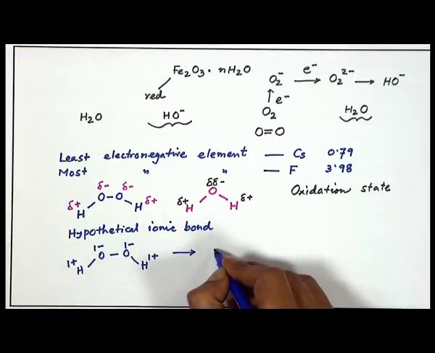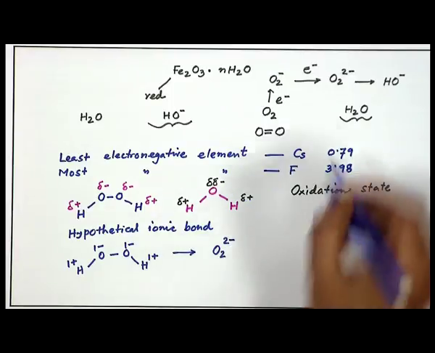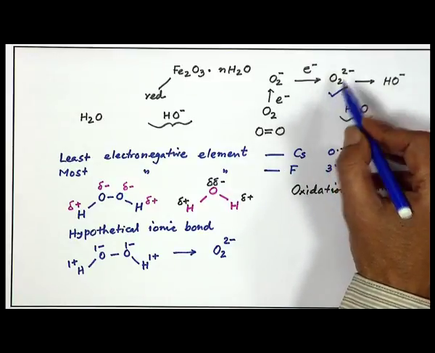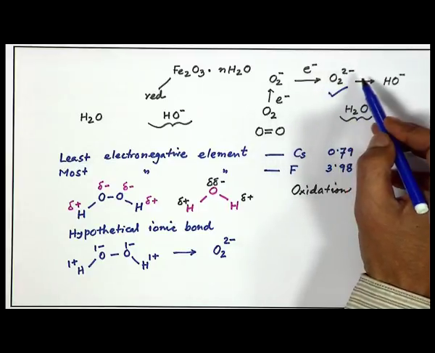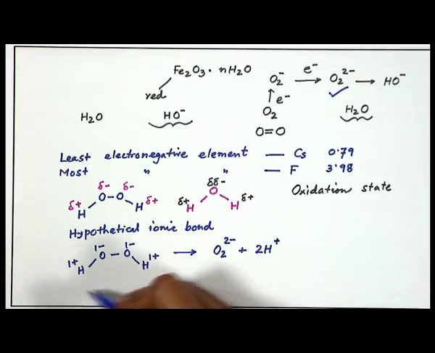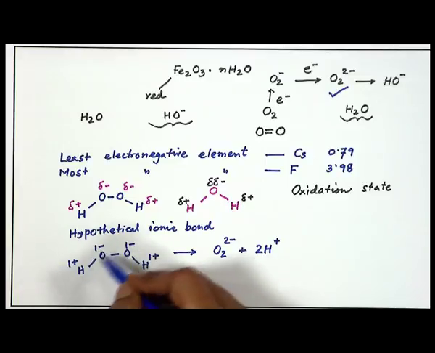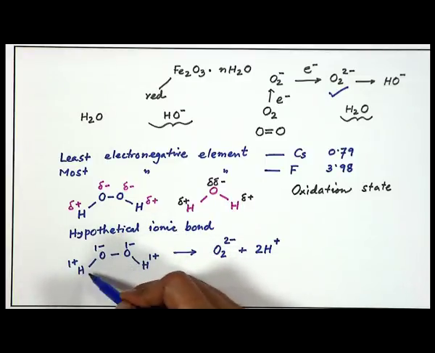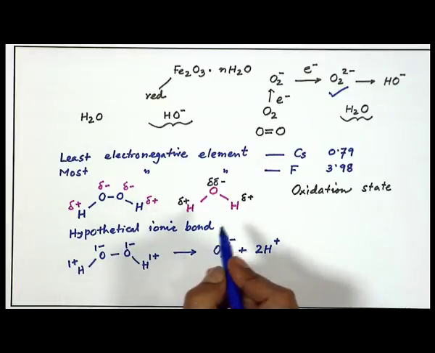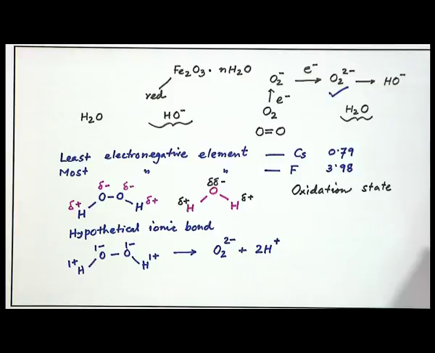We get the corresponding ion, that means O2 2-, which we have already seen here, due to the electron transfer. So, complete electron transfer will also give us this particular species, which is O2 2- with 2 H+. So, this assignment of these corresponding charges on the molecule, which can be a covalent molecule, works if we assume that a hypothetical complete electron transfer can take place from the pair of electrons shared in this covalent bond to the more electronegative side. Then we get this particular species. So, this is an assignment based only on